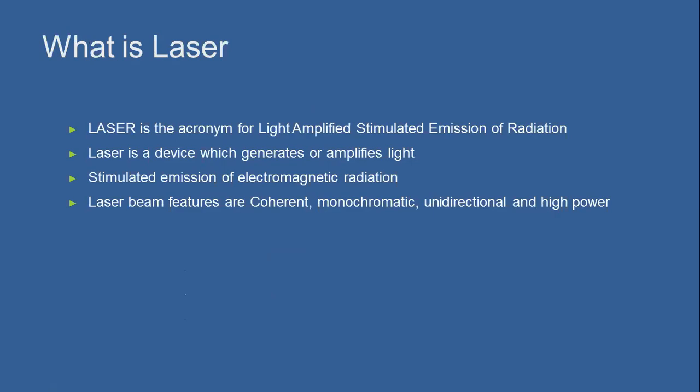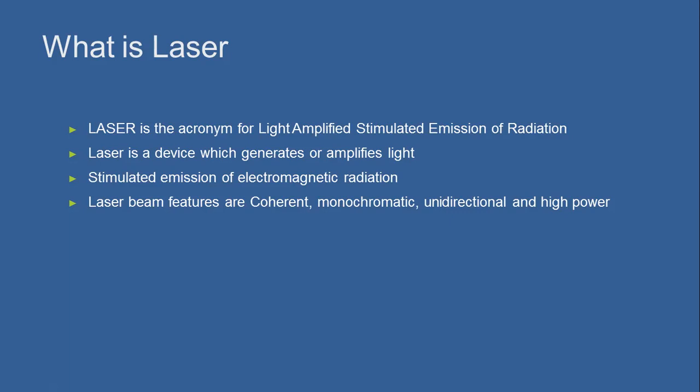First of all, we'll see what is a laser. As we already know, laser is an abbreviation: light amplification by stimulated emission of radiation. So a light is generated by amplification of high heat emitted by the radiation effect. We can say simply, laser is a form of light generated by the effect of a radiation heat source. Laser is a device which generates or amplifies light through stimulated emission of electromagnetic radiation.